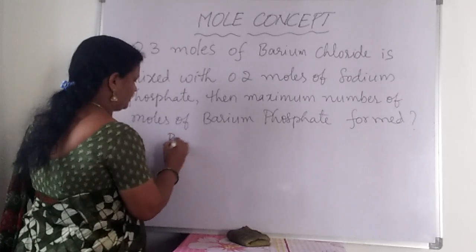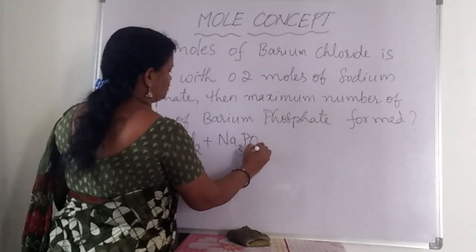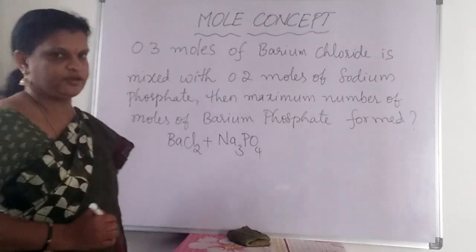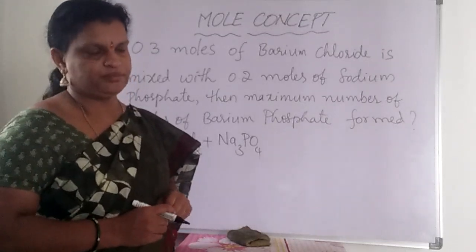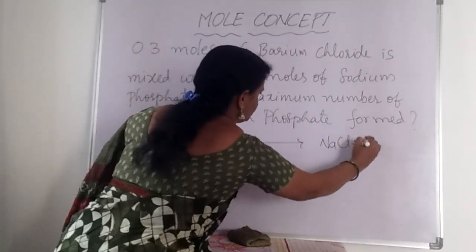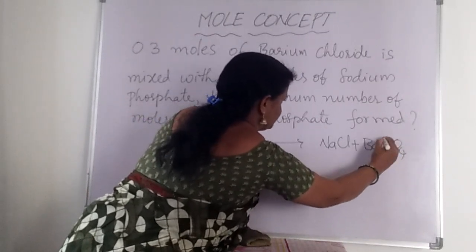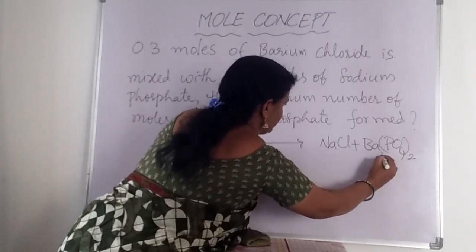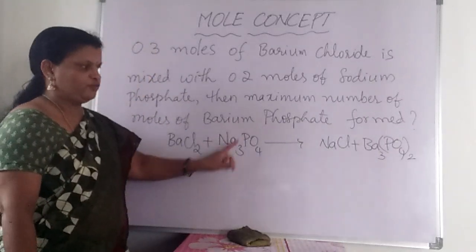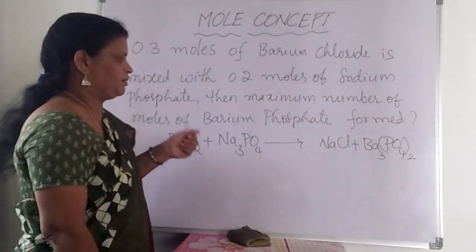First let us take barium chloride. Barium chloride is going to react with sodium phosphate. Then we are going to get barium phosphate and also sodium chloride, because it is a double displacement reaction, a precipitation reaction. So we are going to get sodium chloride and also barium phosphate. How to write the barium phosphate formula? Barium valency is 2, so phosphate is taken twice, and Ba will get 3 because phosphate valency is 3. Right. So BaCl2 plus Na3PO4 gives rise to NaCl plus Ba3(PO4)2 is the equation. But it is not a balanced equation.